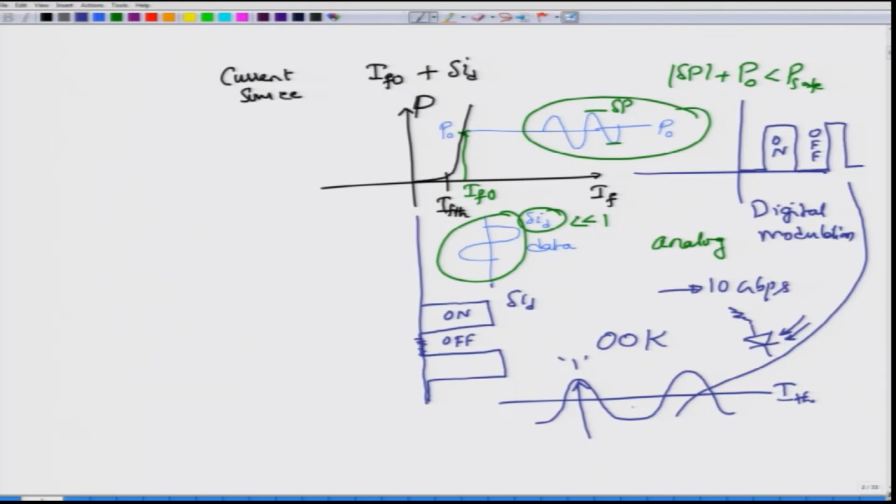If it is below the threshold, you would have received bit 0. Occasionally, when there is noise, you would actually make an error, and it can be shown that there will be significant noise. So, this will not be exactly like a square wave, it will be very noisy like this, but when you keep a threshold and then you are sampling at an unfortunate time, then you may declare a bit as 1 or a bit as 0 instead of a bit as a 1, okay, and thereby making an error